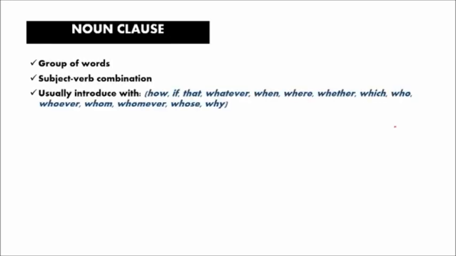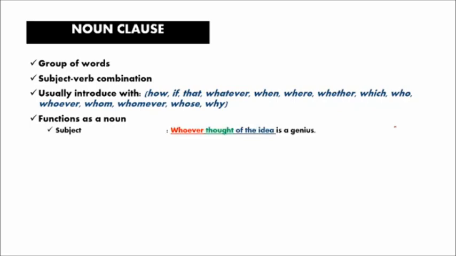Let's have first the noun clause. Of course, it is a group of words. It has a subject and a verb. It is usually introduced with how, if, that, whatever, when, where, whether, which, who, whoever, whom, whomever, whose, and why. It always functions as a noun,